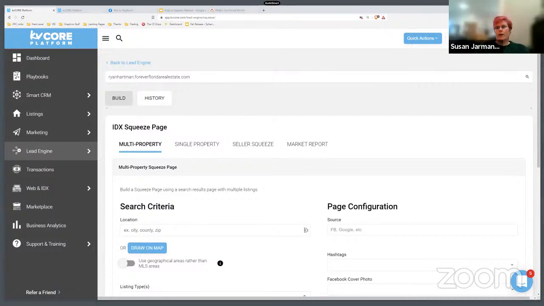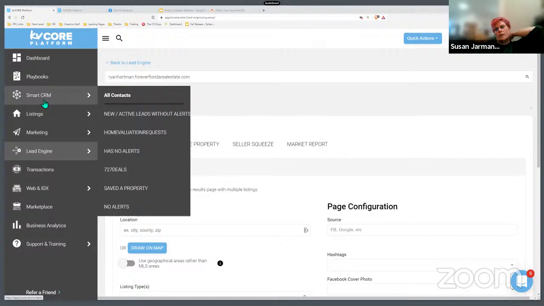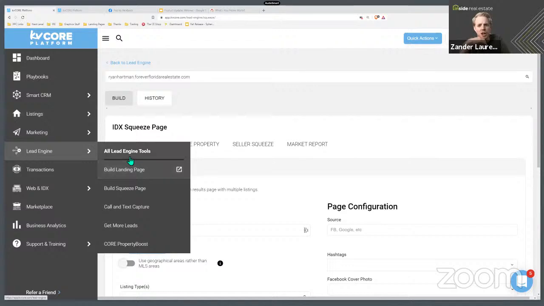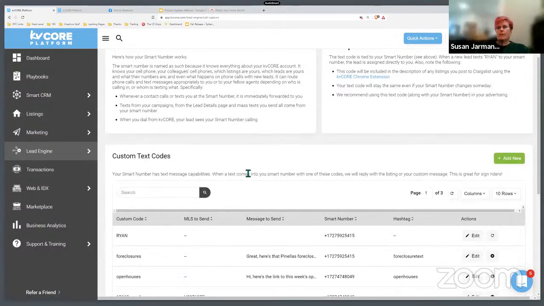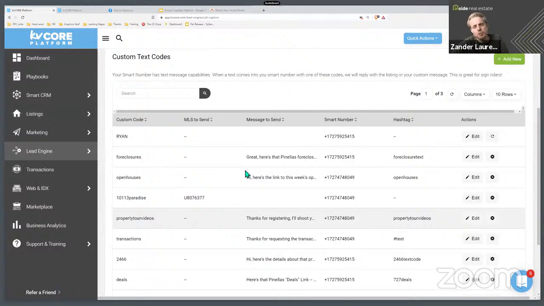Craig asked for a brief explanation of the Office Smart Number. I don't know if you have specific questions, Craig, but yeah, we can. Oh, and it looks like he's asking how the Office Smart Number interacts with the agent text code. Is that right, Craig? Yep, that's what he wrote in there. You got it. Yeah. So if you come in and create a text code on the Office Smart